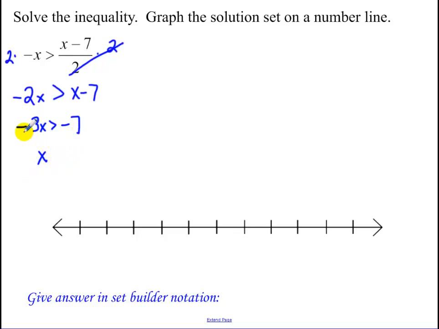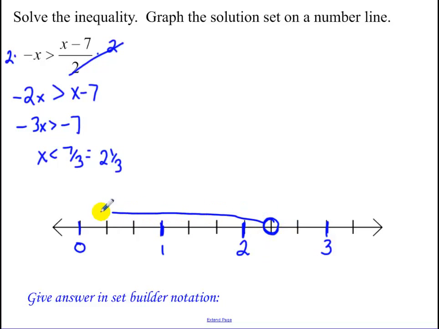Now, since I'm dividing by negative 3, I switch the sign. x is less than 7/3. So let's come up with our good scale. Let's go by thirds. So this is 0, 1/3, 2/3, that would be 1. This is the same thing as 2 1/3. So I have an open circle here. x is less than, so I'm going to the left. And our set builder notation,